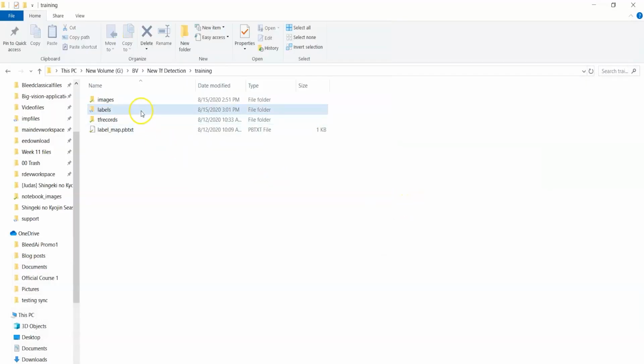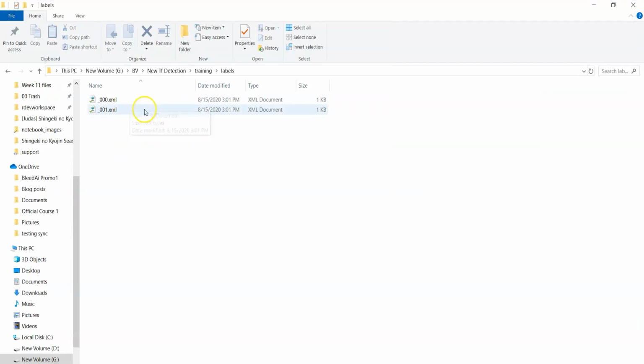After you're done, just close this, and you can go to the labels folder, and you'll see XML files present there. The format would be like this. This would be the name of the image, and then there would be a .xml extension, and for each image you would find a single XML file. And if you click on these XML files,